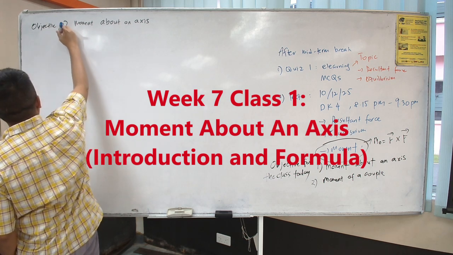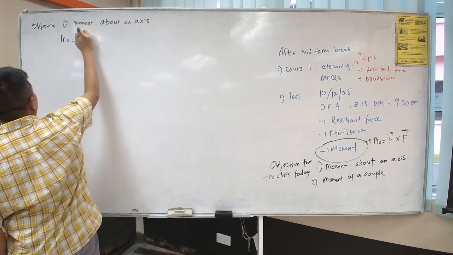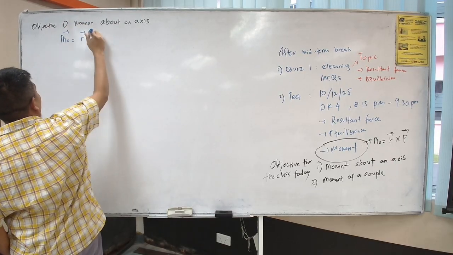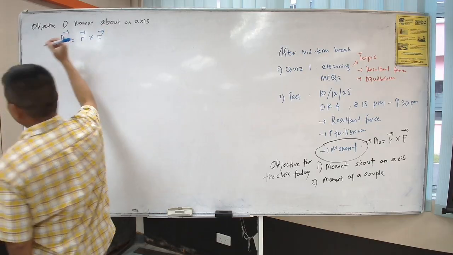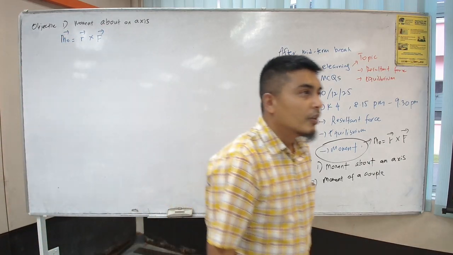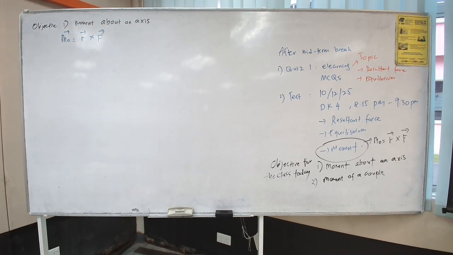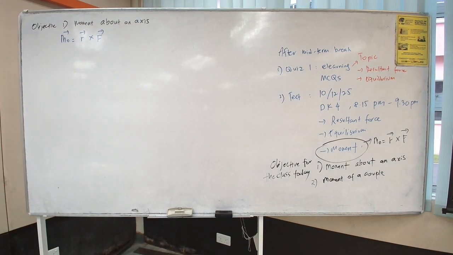The moment formula, the r cross product with the F, is it? Okay. So this moment is about the whole system. We consider the moment for the whole system. However,